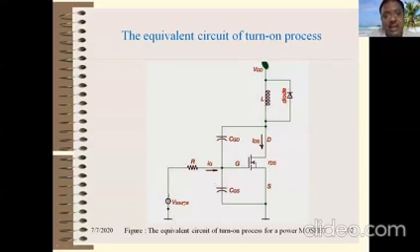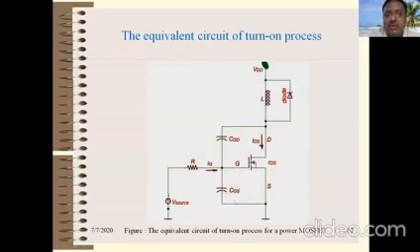What happens exactly when you apply the gate source voltage VGS? Immediately the free charge carriers start to accumulate in the vicinity of the junction between gate and source, filling with free charge carriers. It means that this capacitor starts to charge, right? Whenever this capacitor is fully charged, then the voltage will be applied at the gate of the MOSFET, right?